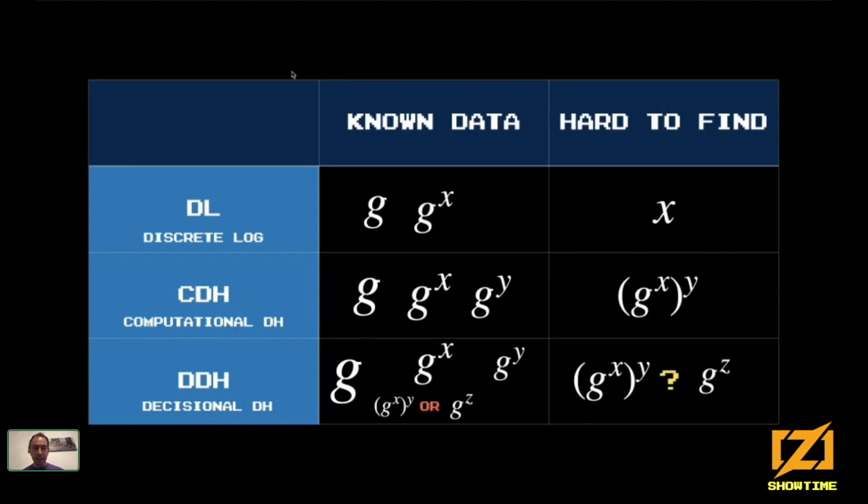So as we can see, the DDH depends on the CDH, and the CDH depends on the DL. If the discrete logarithm problem is broken, everything is going to be broken. As of today, we don't have any proofs that the DL is a hard problem in the specific context that we want it to be hard. So maybe this is not the case, but a lot of people have been looking at it, and nobody knows of an efficient way to break it. So far, so good. The only efficient way that we know is to build a large quantum computer, but then we have another hard problem, which is how to build such a large computer, and we don't really know yet.